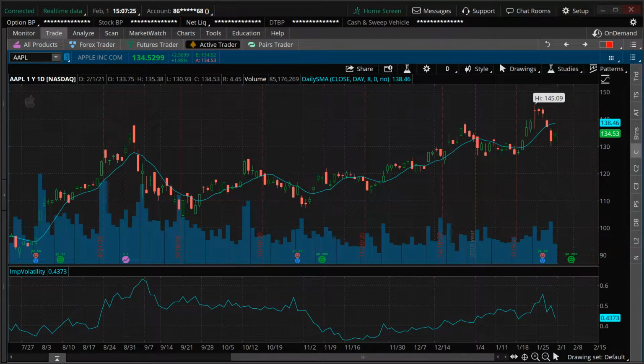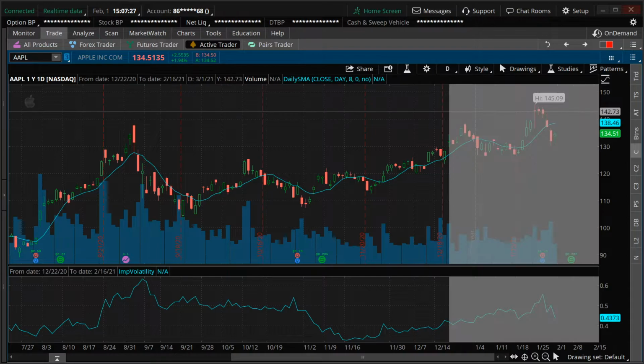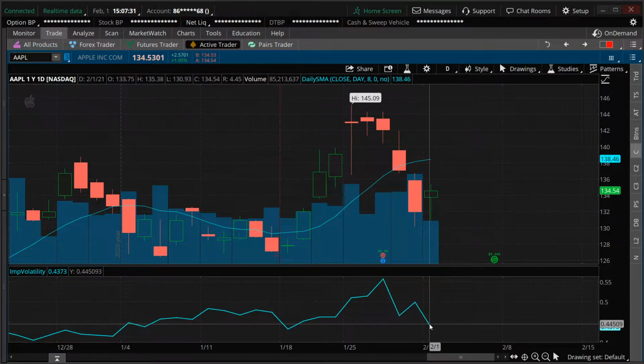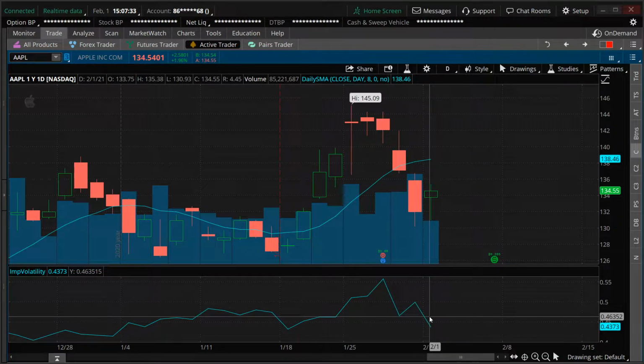Why is that? Well, if we look here at Apple, let's zoom in. Why is volatility going down? And remember, when you're buying options, the higher the implied volatility, the pricier those options will be. The lower the implied volatility, the cheaper those options will be. So you'll often hear people say, sell options ahead of earnings because you'll get a vol crush if it's within the market maker's implied move.